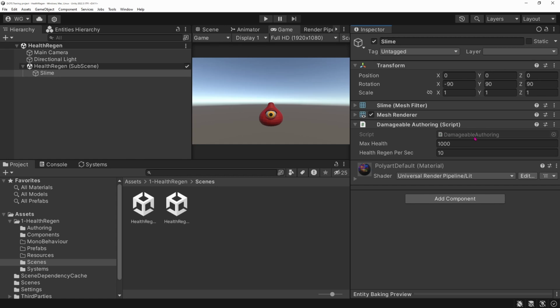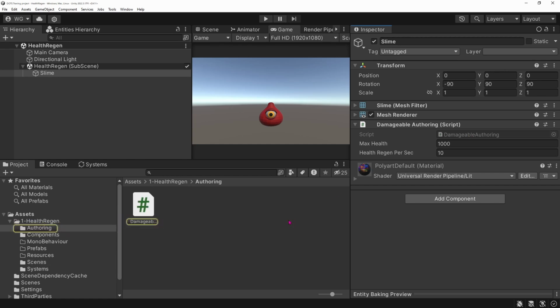These components are aimed to be designer friendly, so it doesn't necessarily map one authoring component to one ECS component, because sometimes the most efficient representation of the data for the computer to process is not actually the easiest to think about when you design the game. So the authoring workflow and the baking workflow, that's what it's called. The authoring components are there to present a designer-friendly interface for you to design the game.